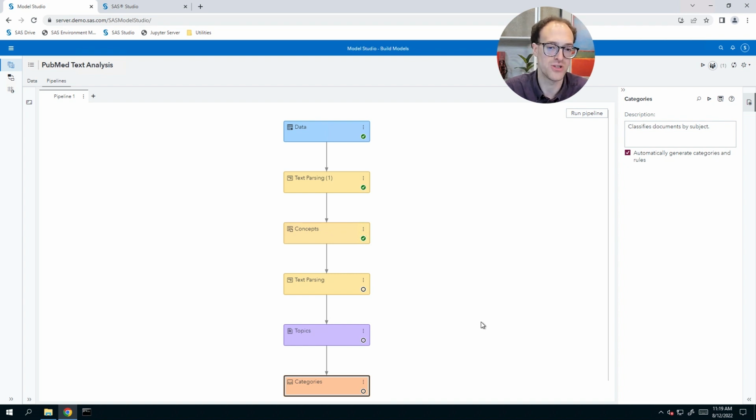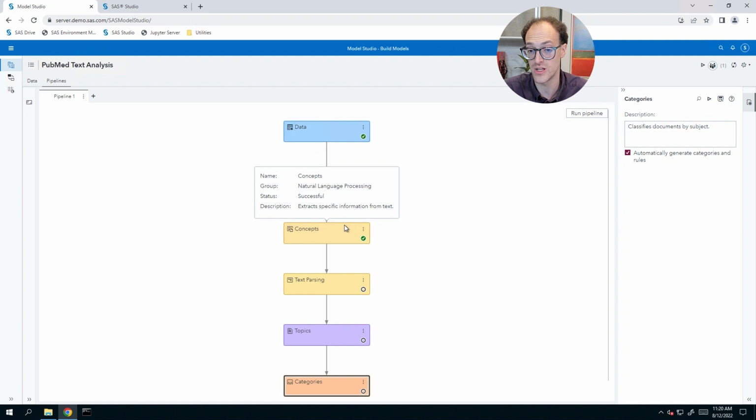We gathered a bunch of documents related to Zantac or ranitidine, but not all of them were related to negative effects. So we could create a category rule, potentially based on some of the information that we learned from the concepts rules, in order to identify which documents are directly related to negative effects of Zantac and ranitidine. And some of them are, because there is an interest in researching the potential cancer related to gastrointestinal drugs that people were noticing as a result of the accumulation of NDMA in those products.